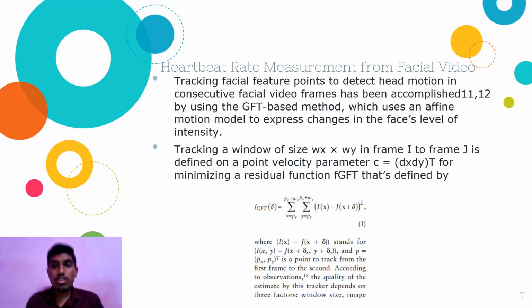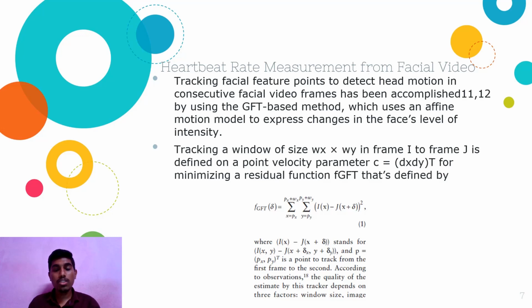Tracking facial feature points to detect head motion in consecutive facial video frames has been accomplished by using the GFT-based method, which uses a finite motion model to express changes in the face level of intensity. Tracking a window of size Wx by Wy from frame I to frame J is defined on a point velocity parameter d equal to (dx, dy) for minimizing a residual function, defined by